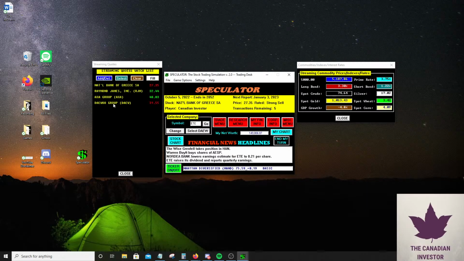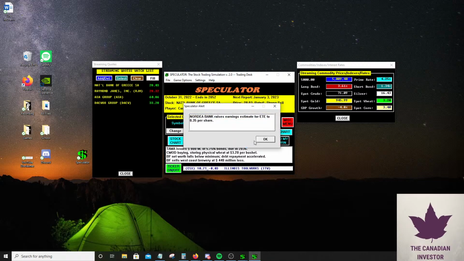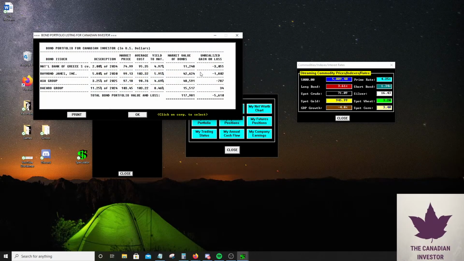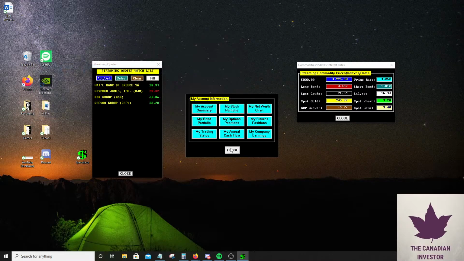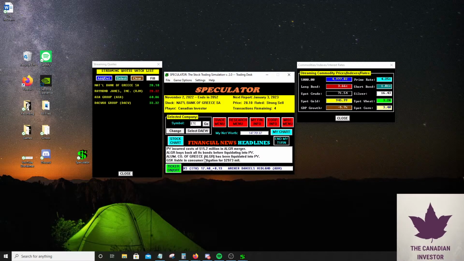Kind of wish we bought some ETE stock because their stock just keeps going up, but we can't do that. I'm going to be doing bonds only, so we're highly interest rate sensitive. So in this case, we've definitely lost money off our bond portfolio. We lost $3,000 off the convertible, 1.8 grand off that, and so on. I should have kept more liquidity, but we can average down this bond potentially. But I'm going to keep cash as of right now because I'm pretty sure interest rates are going to be going up more.